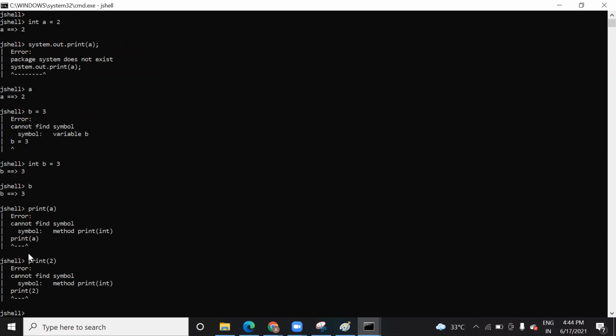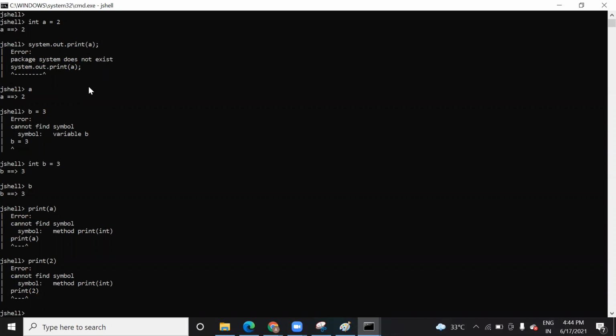And why is it giving an error on this System.out.print? Because in the JShell we are not using any import and we are not using any class, not even public static void main, nothing. System.out.print means that inside this System, inside this package, there is a print function that will be accessed. As we are not creating any method, any class, or even a main method here, how will it find it? That is why it is giving an error.